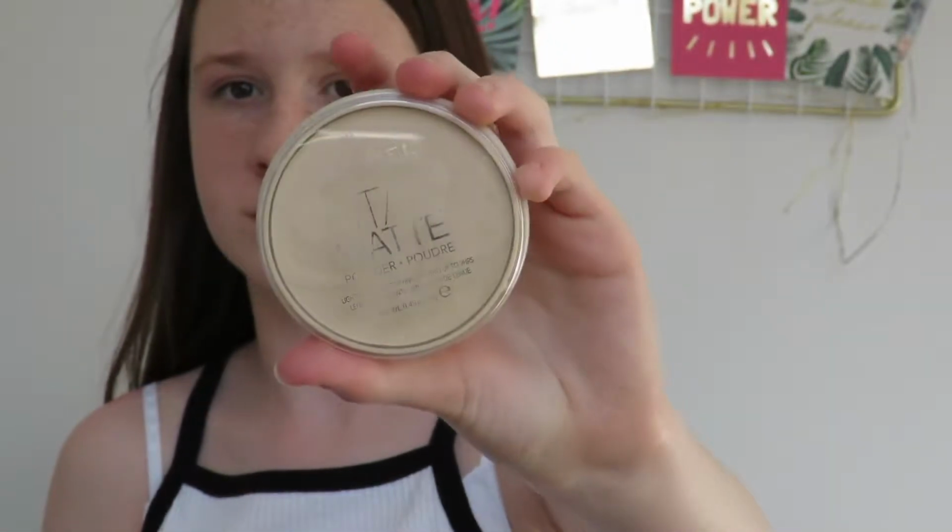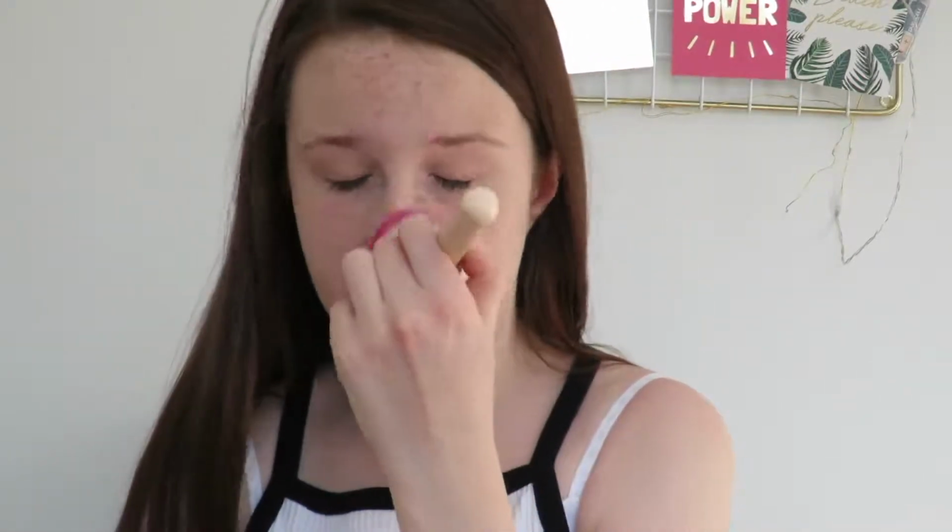And I am just going to be using the Rimmel Stay Matte in the shade 001 Transparent, just to set my face. Also, I've got a bit of sun cream on probably left, so it'll make it a tiny bit less shiny, because it actually works. Lovely jubbly. And then I am going to be using this Hoola bronzer, which is a mini, and